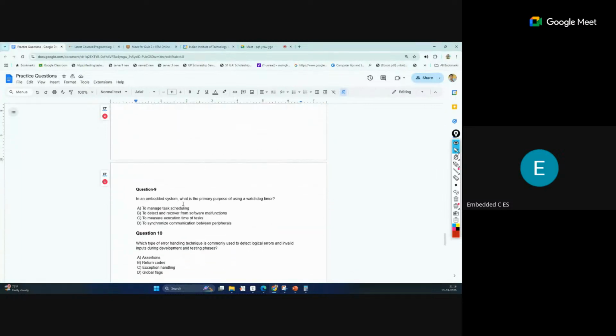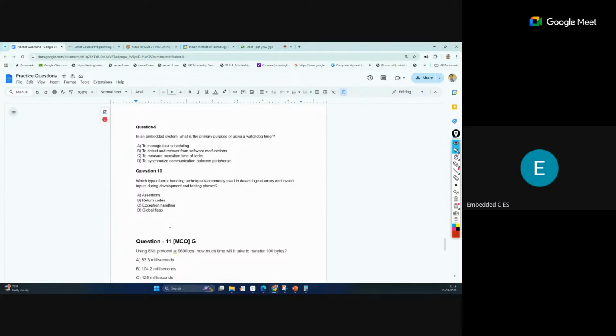In an embedded system, what is the primary purpose of using a watchdog timer? To manage task scheduling? No. A watchdog timer is not just something that stores the events that happen so that we keep information if anything goes wrong, like a log.